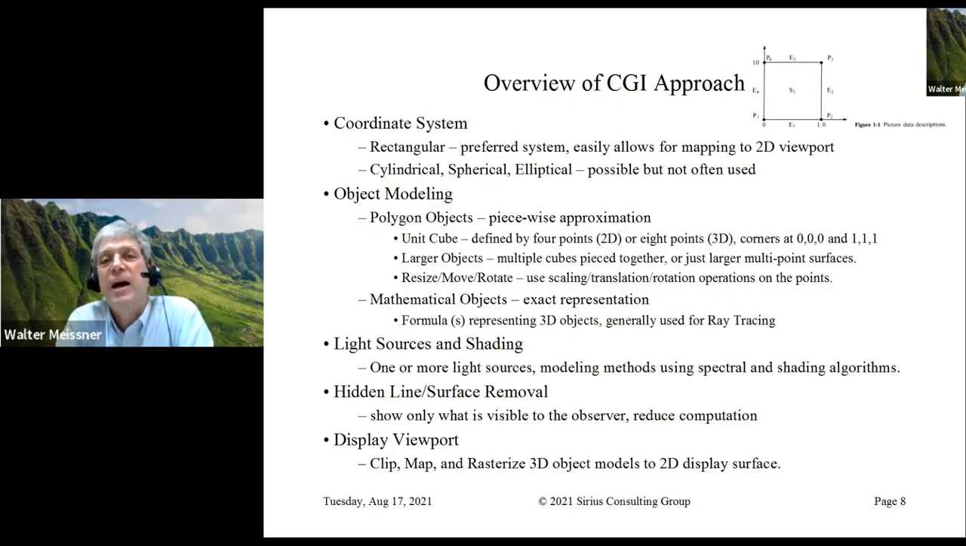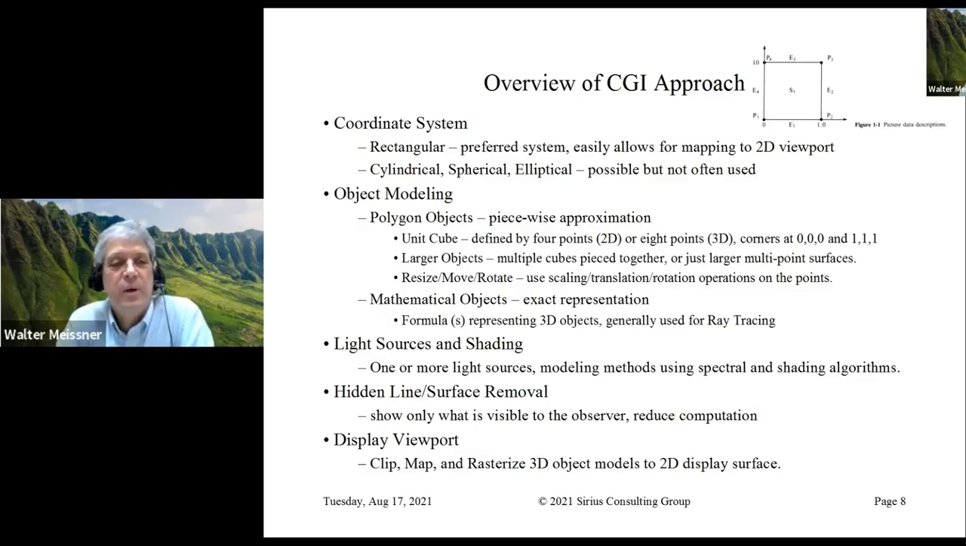And the little diagram at the top is just a 2D unit cube. So it's got 4 points, 4 edges, and 1 surface. And of course, larger objects can be made with multiple cubes pieced together, or with just a larger multi-point surface. And the operations done on these are resize, move, and rotate, using scaling, translation, and rotation operations on these points. Now, the other way of doing it is to use a mathematical object and have an exact representation. And these are generally used for ray tracing. Now, once these things have been modeled,